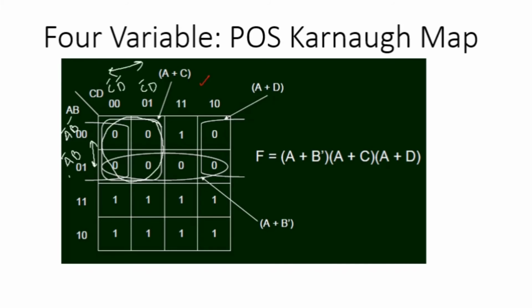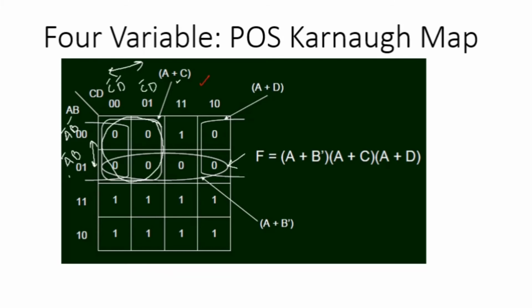So I get it, but these A bar, C bar are the general common terms, like we had taken for the SOP one. But here, as I already mentioned, I will be using bar in place of non-bar and non-bar in place of bar. So instead of using A bar and C bar, I have used A and C, and instead of placing a dot in between, I have placed a plus here. Okay.